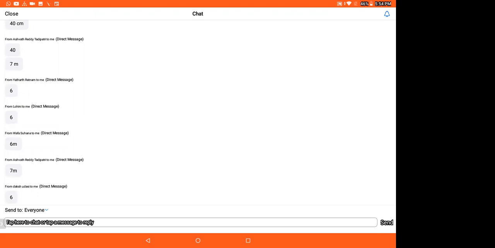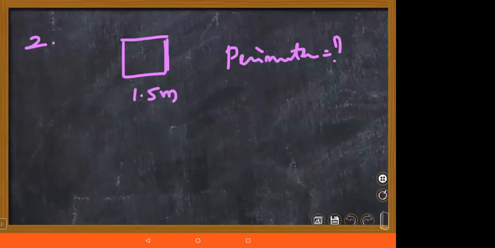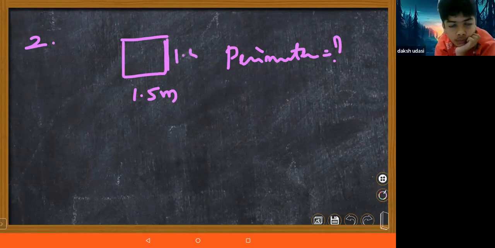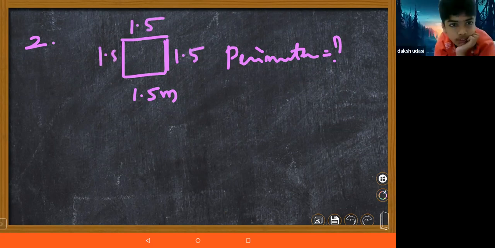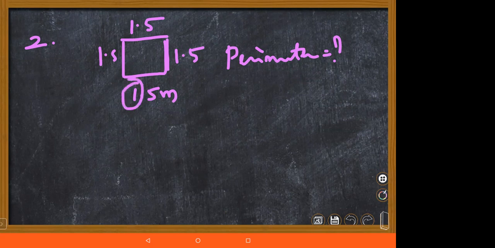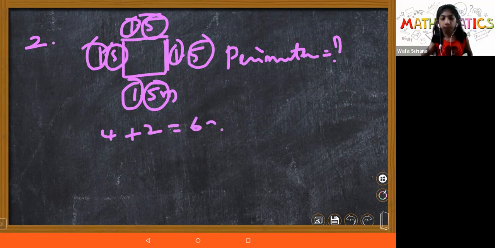Let me see where the confusion is for you. Perimeter means what? Ma'am, see, 1.5. Oh, okay, I got 4.5, I did wrong. It is 6. Sorry, ma'am. Okay, just children, please. One wholes, how many are there? 4. How many halves are there? 2. So 4 plus 2, 6 meters. That's all, children.